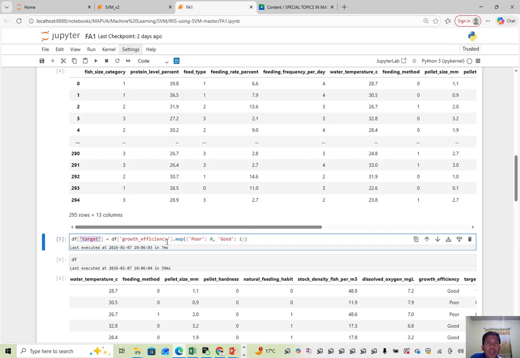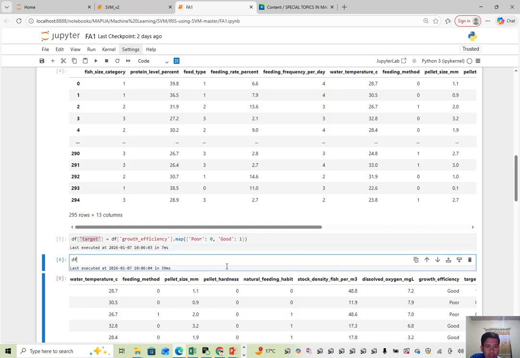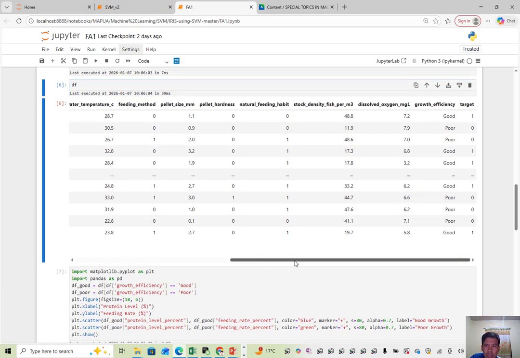Then we labeled the poor class as 0 and good class as 1. Then we display again the data frame. As you can see, this is the new column with the corresponding 0 and 1 label.